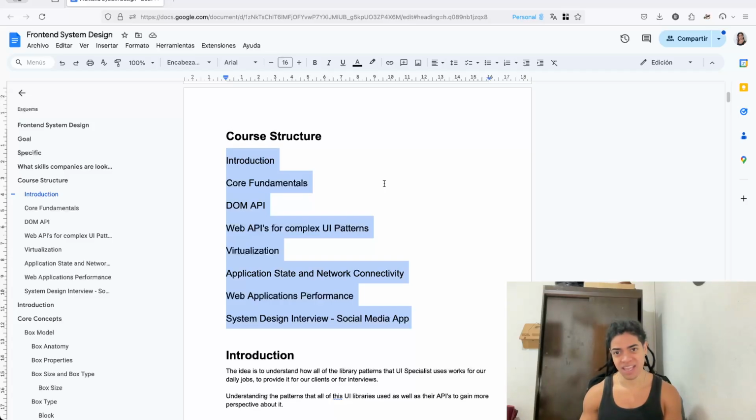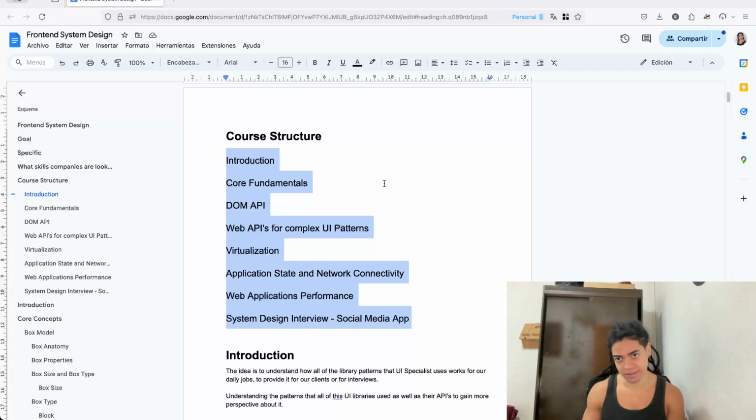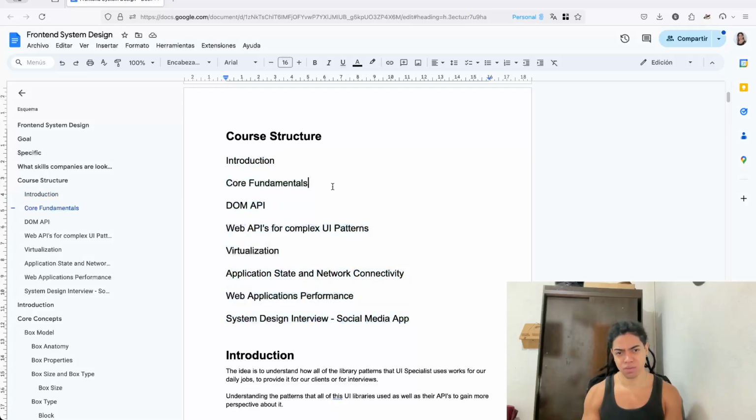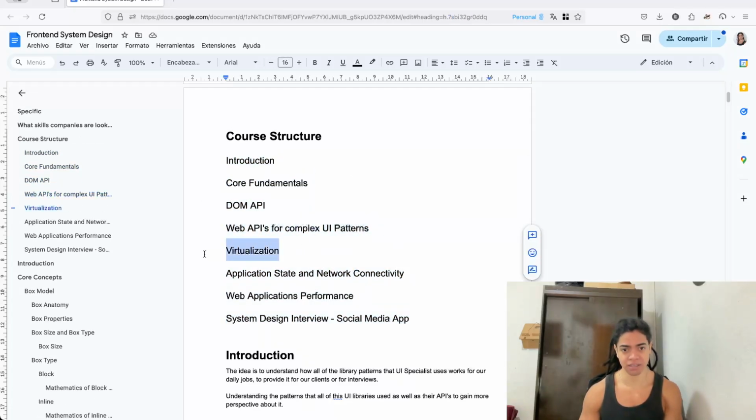as well as the user interface patterns or interactions that we can build, or the most common user interface interactions that we can build to cover some of the most common use cases in the most performant and efficient way. And then how we can manage all of these assets in a way that doesn't impact the user experience. So that's why we're looking here at the core fundamentals, DOM API, web API for complex UI patterns,